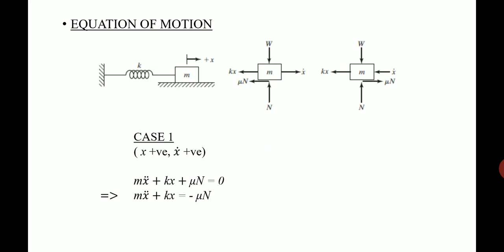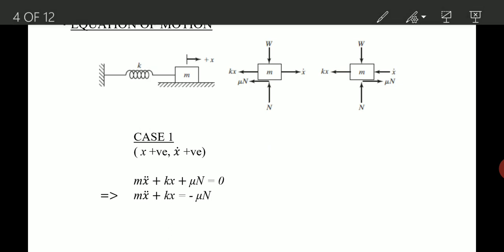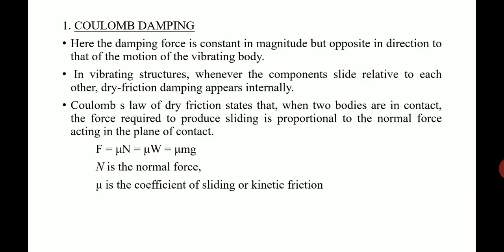So considering the equation of motion, the first case we are saying is where the displacement is positive towards the right side, and the acceleration is also positive, that is acceleration in the same direction as the displacement. So the equation of motion will be m x double dot plus kx plus mu n is equal to 0, because all these forces are towards the left side. All of these forces are directed in the same direction. Further, we can write it as m x double dot plus kx is equal to mu into n.